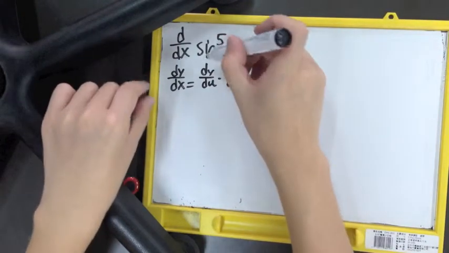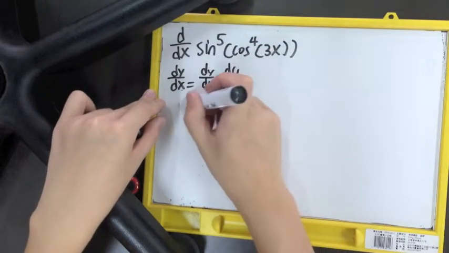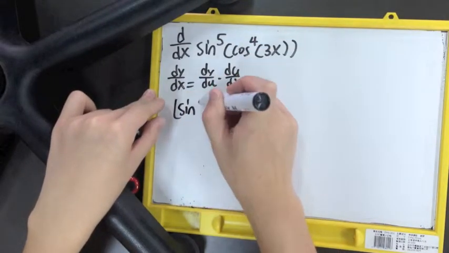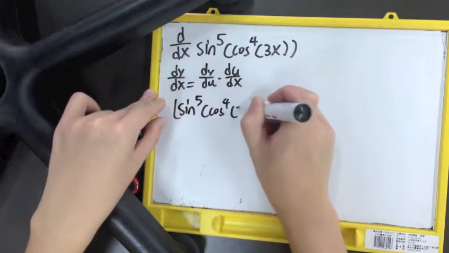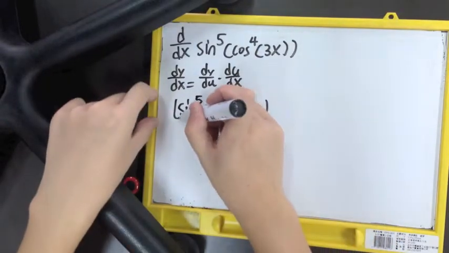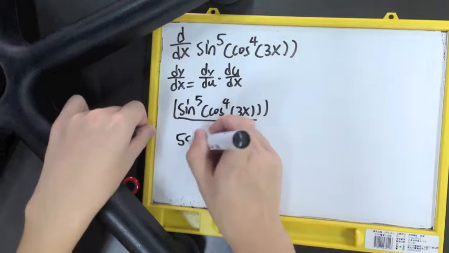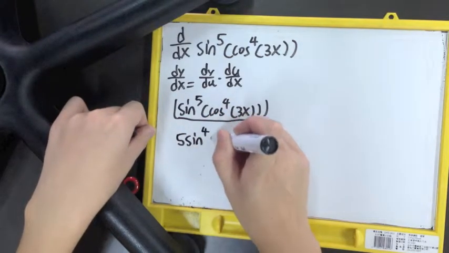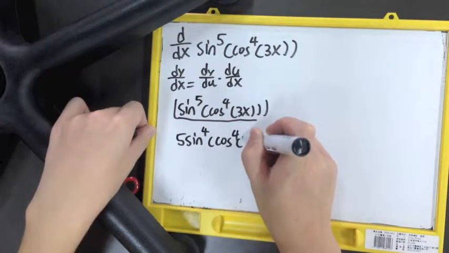So we're going to start from the outer one, which is sine to the 5th of cosine to the 4th of 3x, which is this part. When we differentiate that, it will become 5 sine to the 4th of cosine to the 4th of 3x